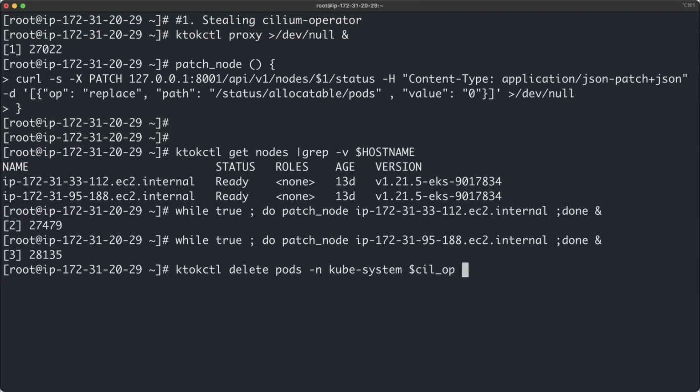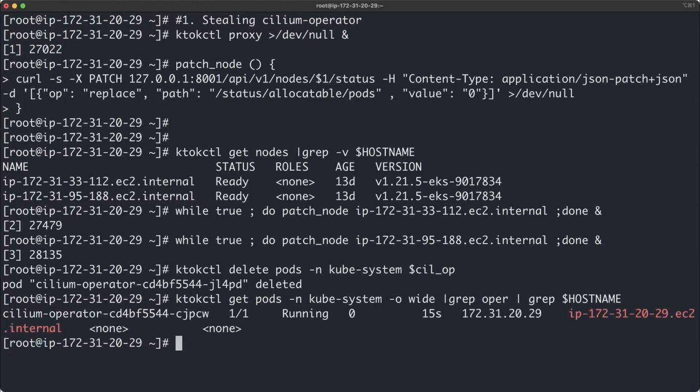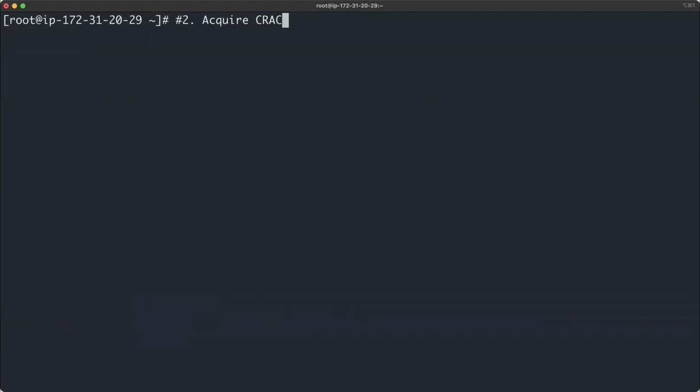Now when we delete the Cilium operator, if all goes well, it must be recreated on our node, and we can see that it does. The node name is highlighted in red, and you can see by the bash terminal line that our node, the host name, is actually this name. So now the Cilium operator is on our node, and we can continue to the second stage of the attack,